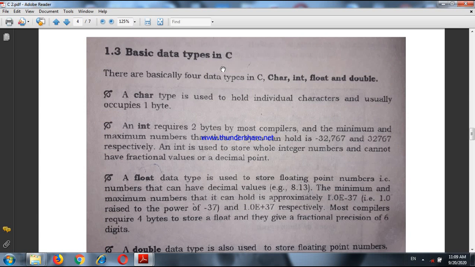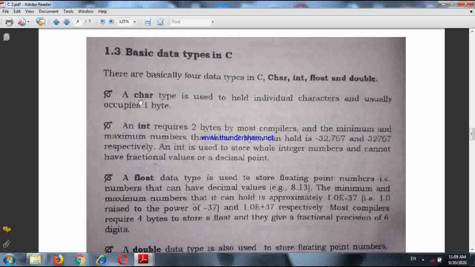Basic types of data in a C program, or you can say basic types of variables. Variables are meant to store the data. Now there are in general 4 types of data. One is char, which is called the character type. Then int, that means integer. Float, that means the floating numbers or the real. And double. Double also represents the floating number with greater precision.